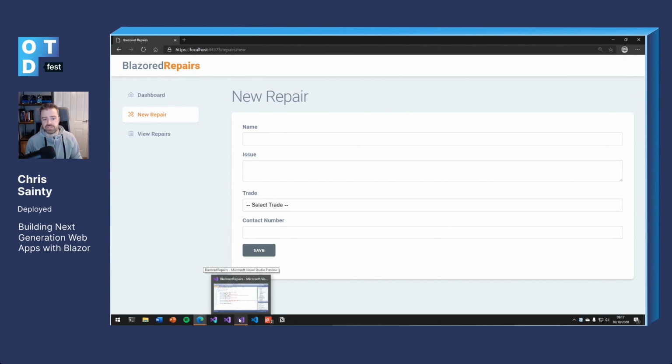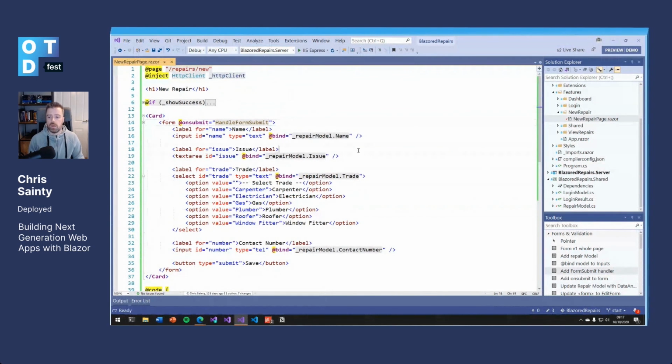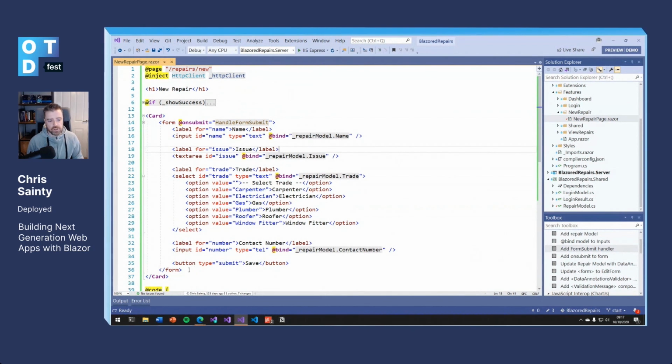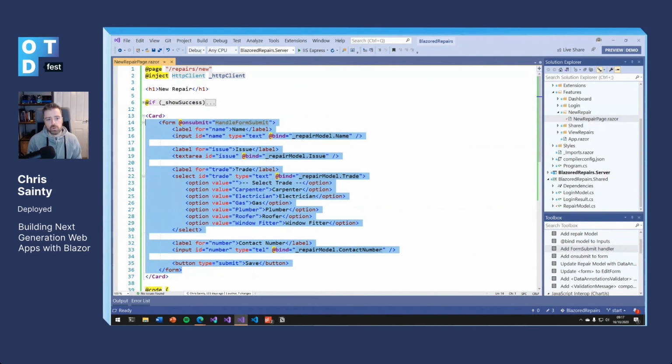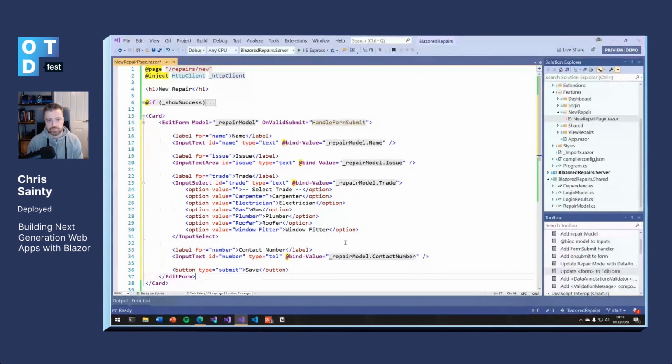But the user experience is still really bad. We've got nothing here to tell the user what's gone wrong. So let's fix that now. So over now in our component, what we're going to do is move past using the normal form element, because that's going to be a little bit restrictive for us. We're going to move over to a different component called edit form, and this is a component that is included in Blazor by default. This is a drop-in replacement for an HTML form tag, and it's basically a component representation